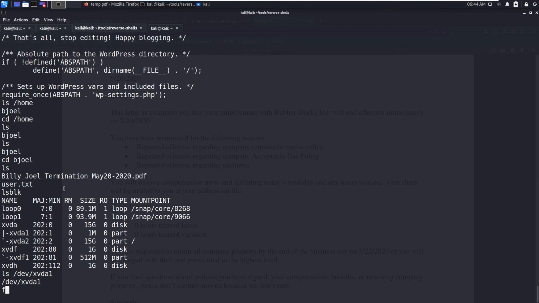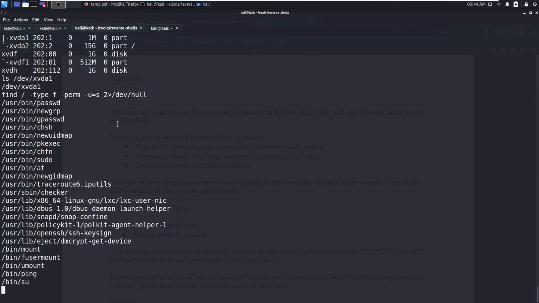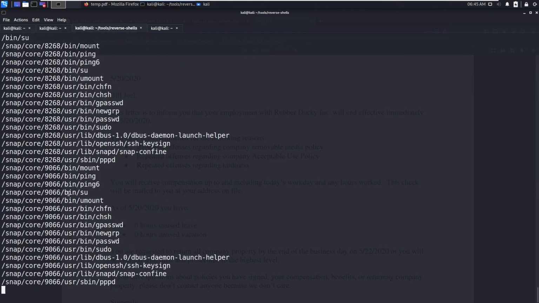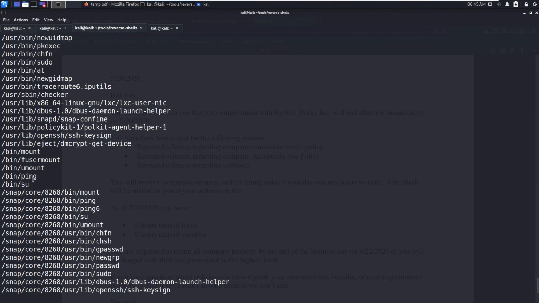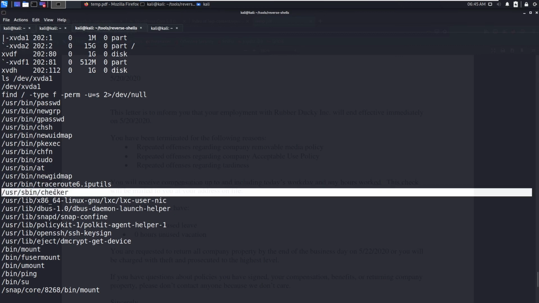So let's find SUID binaries. You can see there is one binary, card checker.